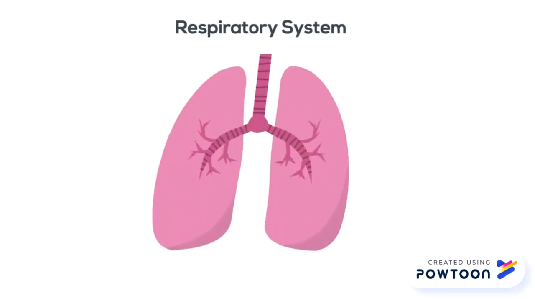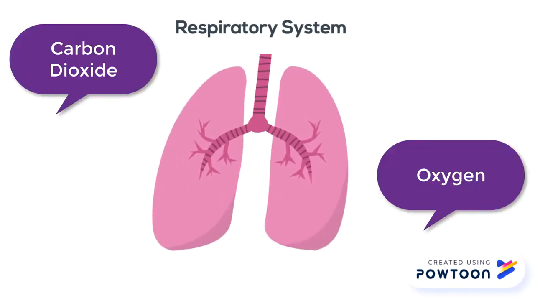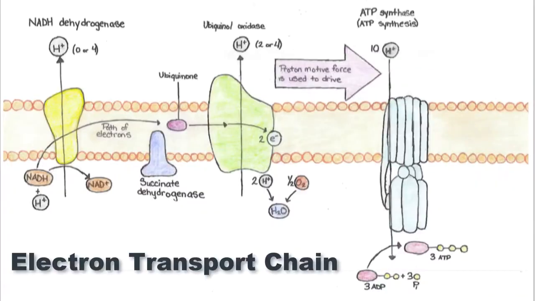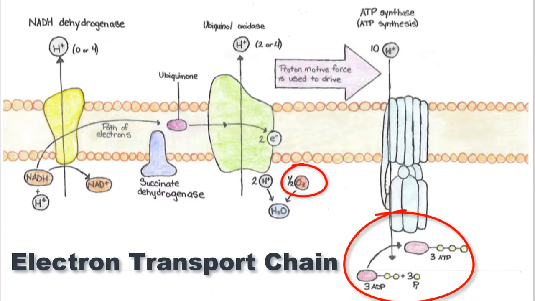The respiratory system is an organ system in the body that functions in gas exchange with the environment. Exchange of gases like carbon dioxide and oxygen are essential for sustaining life forms. Oxygen is necessary as an electron acceptor in aerobic metabolism for oxidative phosphorylation, or the synthesis of ATP, in the